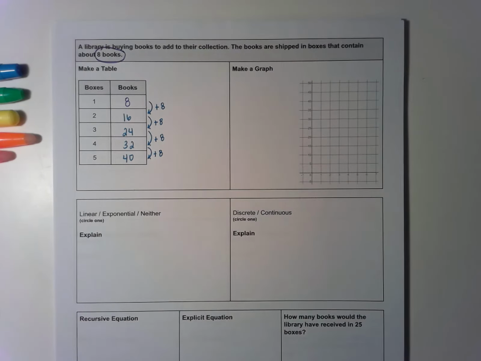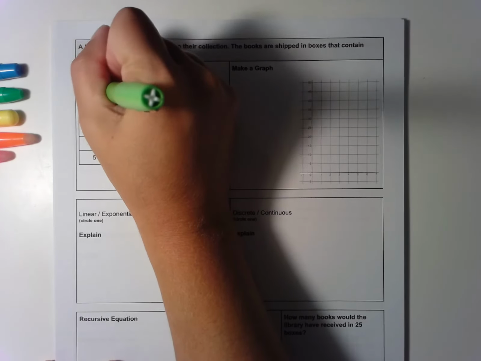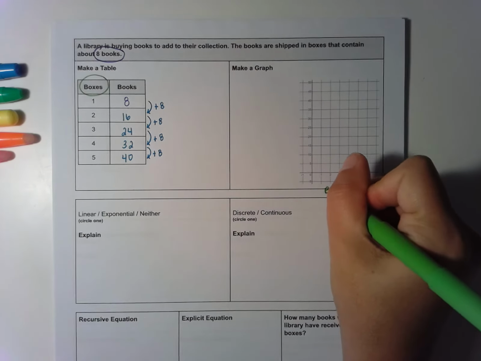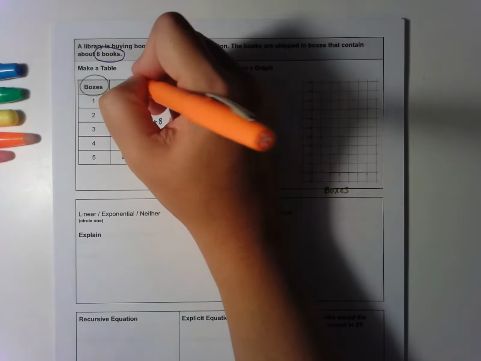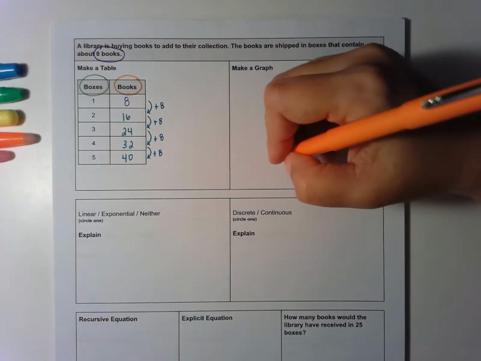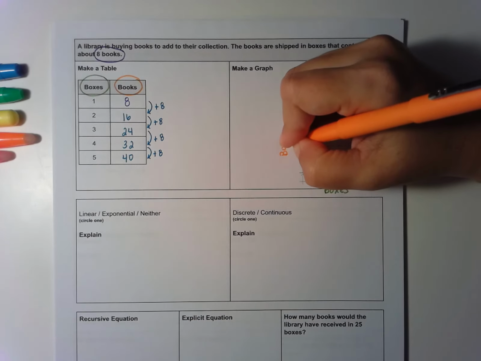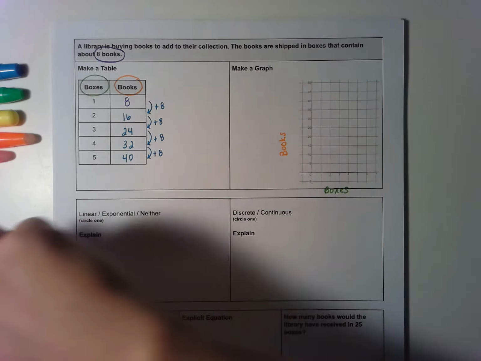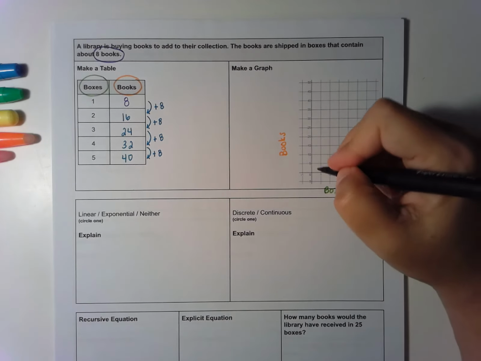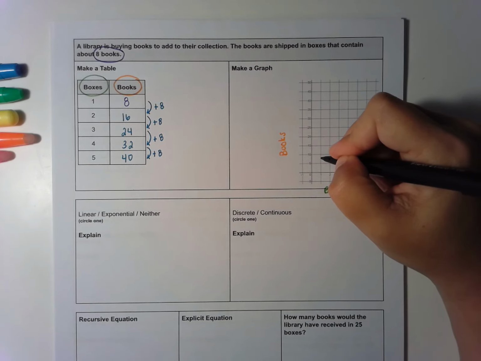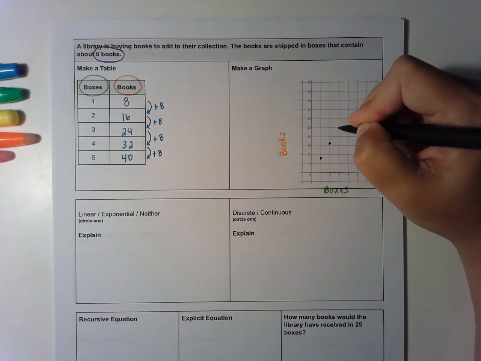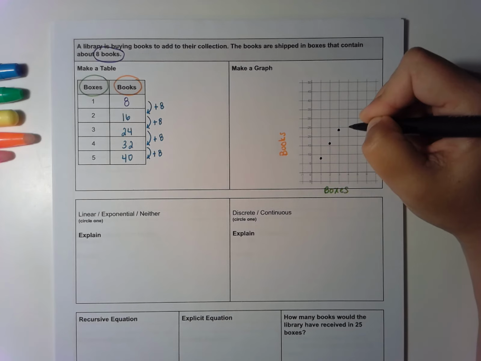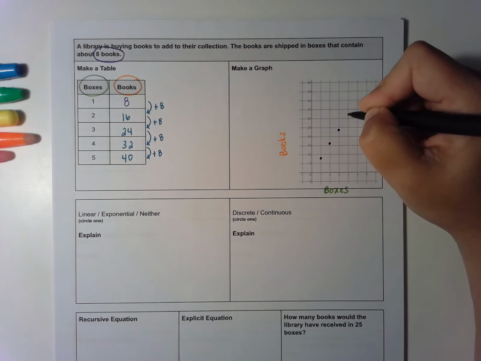Now we can also graph this information. The inputs here would be boxes, which means I'm going to label boxes along the x-axis of my graph. And the outputs here would be books, so I'm going to label books along the y-axis. Then I'm going to graph my points. I have 1, 8, which would be right between the 5 and the 10. I have 2, 16, 3, 24, 4, 32,